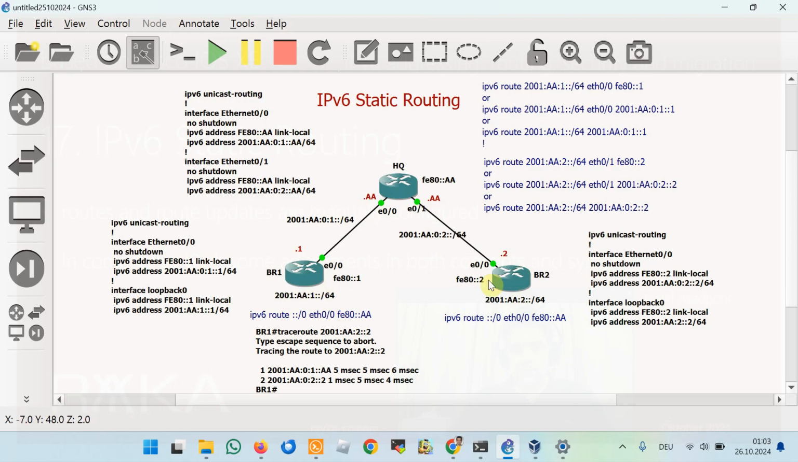In the branch offices, I've just configured one default route which forwards the traffic to unknown addresses through the central office. We configure a default route in IPv6 with ::/0, which is equivalent to 0.0.0.0 in IP version 4. And for the next hop address, I've chosen the link local address of the central office, which is the same for all interfaces,